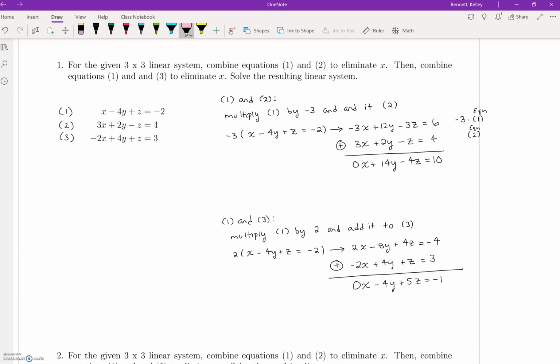So now what's happening is that I'm going to rewrite the equations. What I'm really looking at is two brand new equations. 14y minus 4z equals 10. And I also have -4y plus 5z equals -1. And so